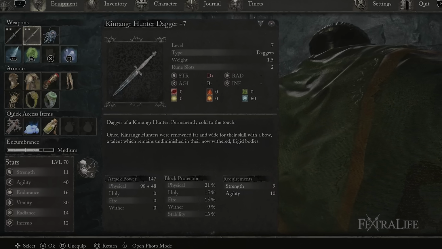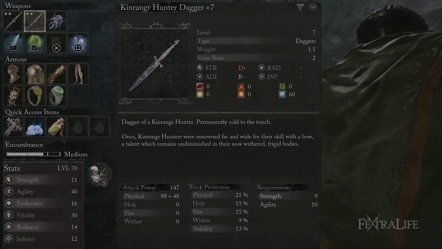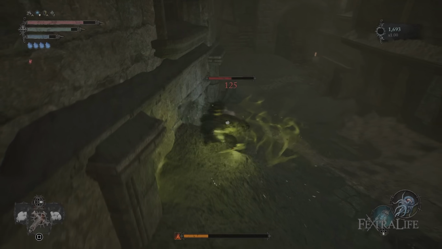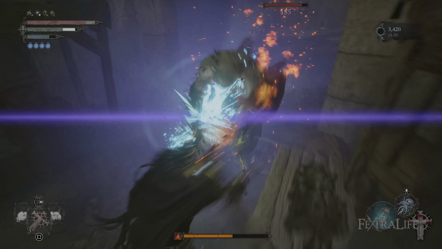I have two of these, and what I really like about this dagger is it has okay agility scaling, but more importantly, it has Frostbite buildup. Frostbite is a status effect in this game that rips off a lot of posture on enemies when it triggers and deals a decent amount of damage, and on players, if you're PvPing, it reduces their stamina bar by half